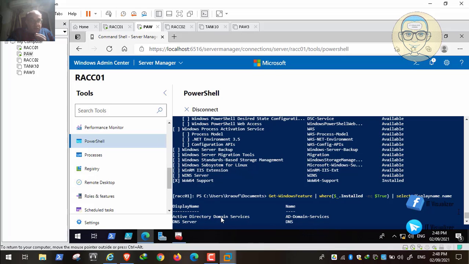One of them is the Active Directory Domain Services. This is normal because this is a domain controller. It is a DNS server, so this is a feature also, because this is a domain controller and a DNS server at the same time. So we can see here that this command has filtered all of our roles and features, and it only displayed